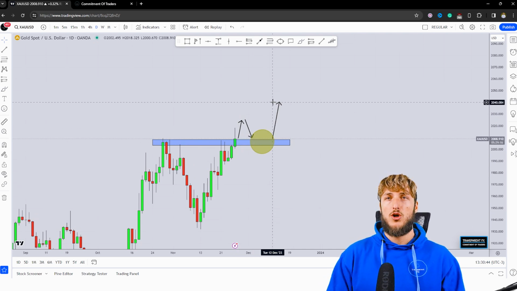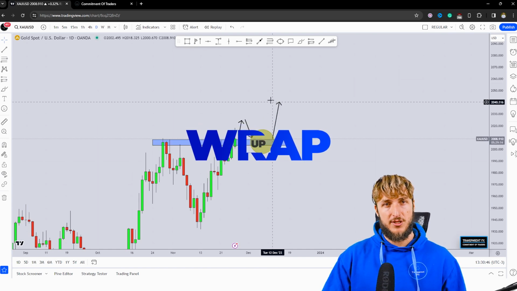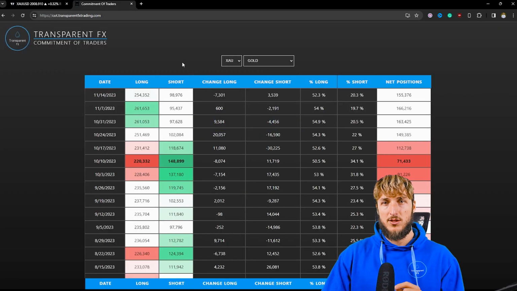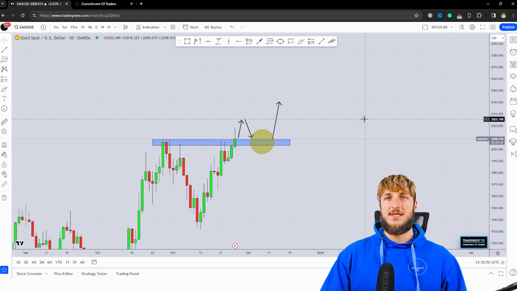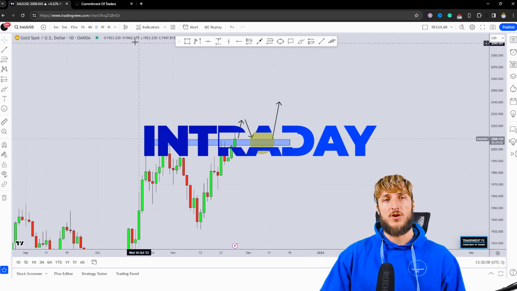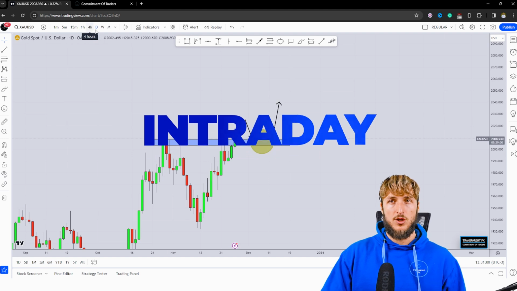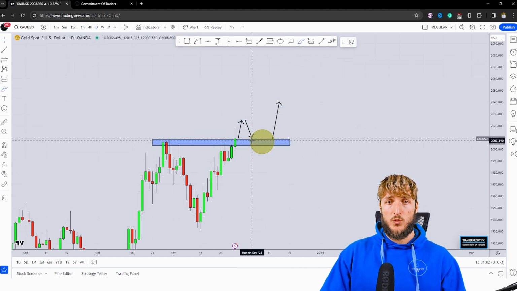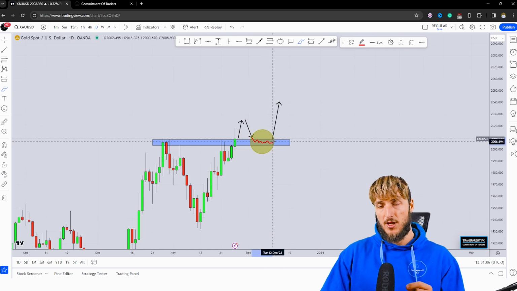Now, as usual, trading is reactive and not predictive. The monthly, weekly, and daily combined with the COT data, those are the best time frames from a directional perspective. However, when it comes to confirmations and entries, the best time frames are the intraday time frames, so 4 hour and lower. Therefore, potentially what I could be doing is monitoring price action from an intraday perspective during this move